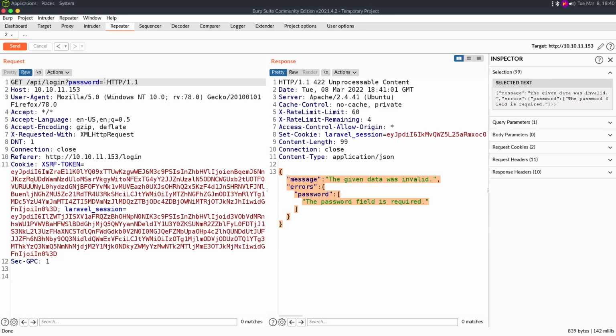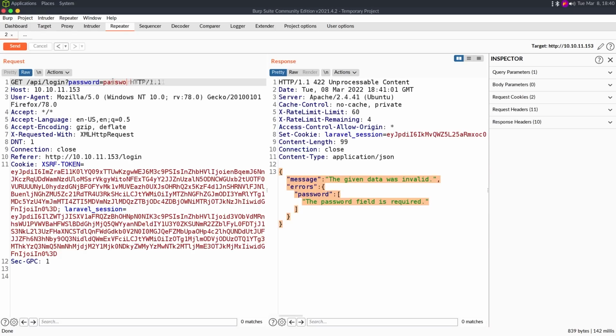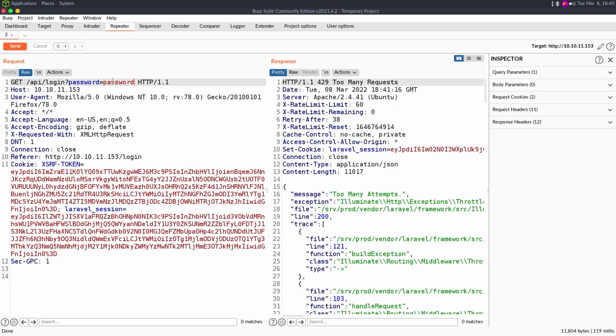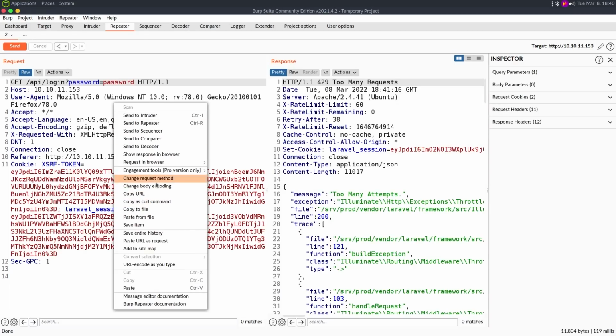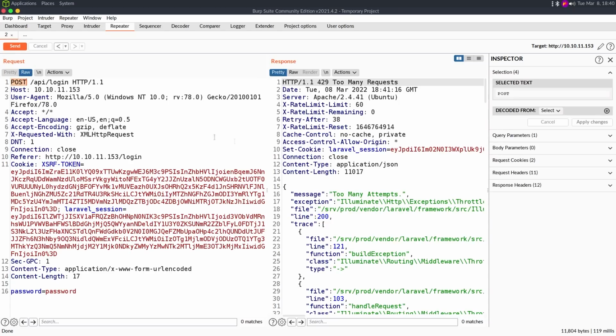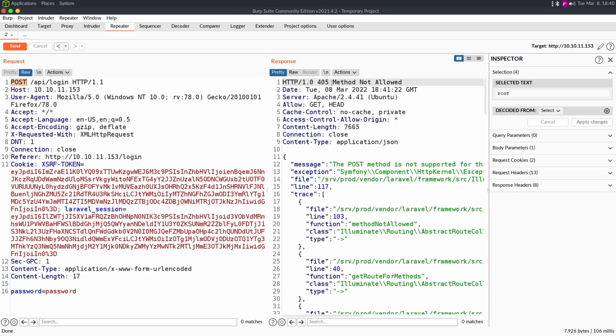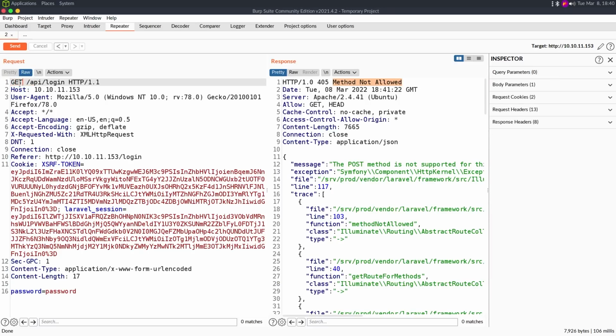If it can send you JSON, chances are it's going to accept JSON as well. The other weird thing about Laravel, and we'll look at this more in a little bit, is that if I change this request method to POST, we get "method is not allowed" because we only have a route for GET. However, if I change this verb from POST to GET,